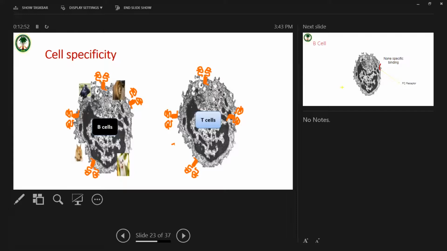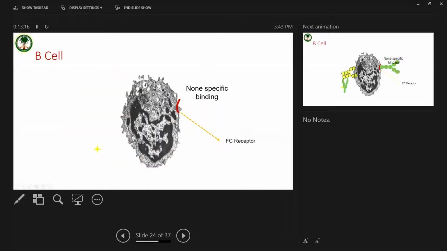On the other hand, B cells, as you can see in this cartoon, express HLA and non-HLA. Having non-HLA molecules on B cells makes the cross-match less specific. Therefore, in order for us to increase specificity as well as sensitivity of the flow cross-match, we have to remove non-HLA markers, as you can see on the B cells here. One of them is the Fc receptor that is expressed on the B cell. So we need to block or remove those receptors and leave only the HLA molecule